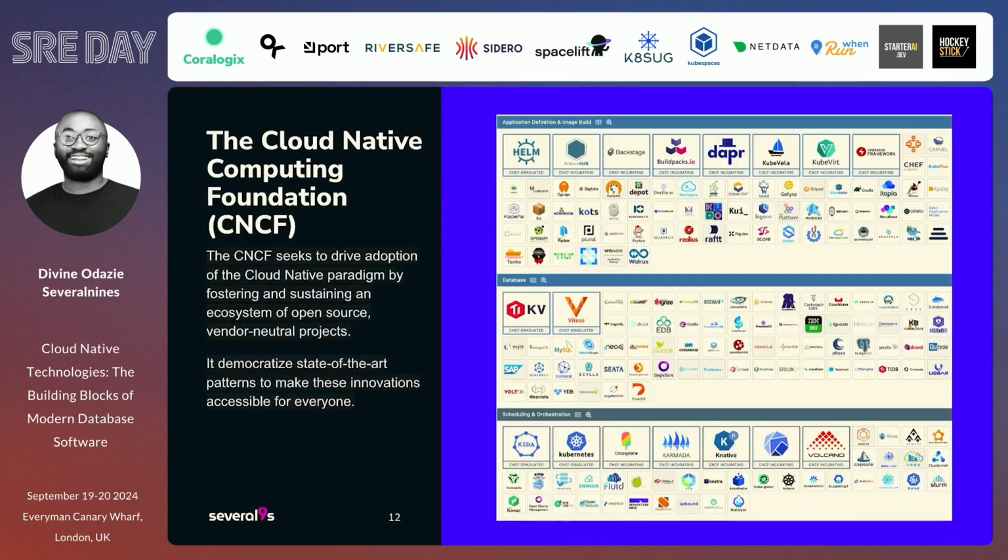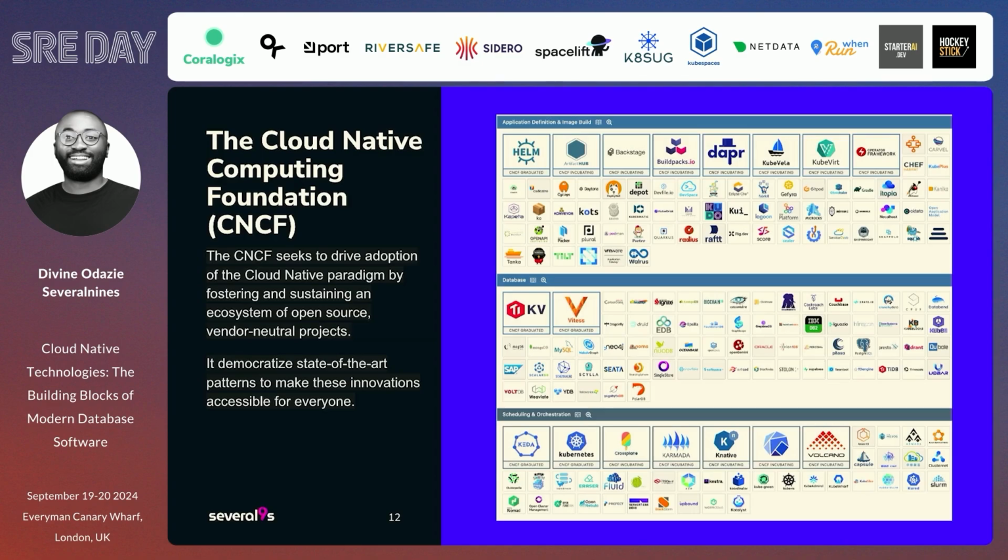Then the Cloud Native Computing Foundation, like I've talked about, is the testament to the length and breadth of the cloud native ecosystem, standardizing the way you build and test. There are the incubating projects, the graduated projects, and sandbox projects, right? So that gives assurance to end users to use this cloud native technology to deploy applications. And this is just a screenshot of a part of the cloud native landscape, right? These projects work hand in hand in a vendor-neutral environment.